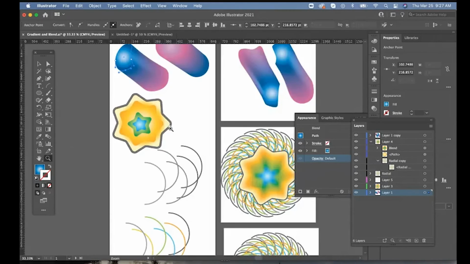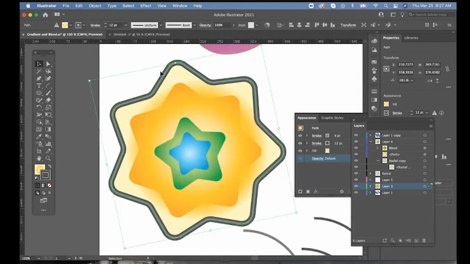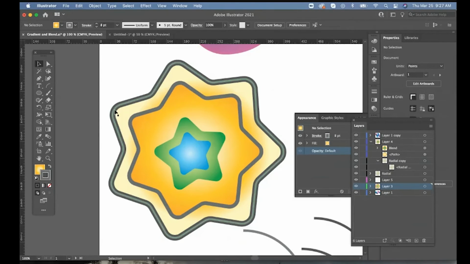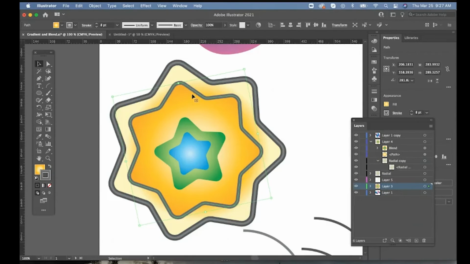The other tip I'm going to give you is right here, you can do strokes within strokes, which is a super handy tip. So I'm going to go and pick this object here. I'm going to throw a stroke on it. So there's a stroke. But what if I wanted this type of thing happening, a stroke within a stroke? Select this object here. The way that you put a stroke within a stroke is you want to go to